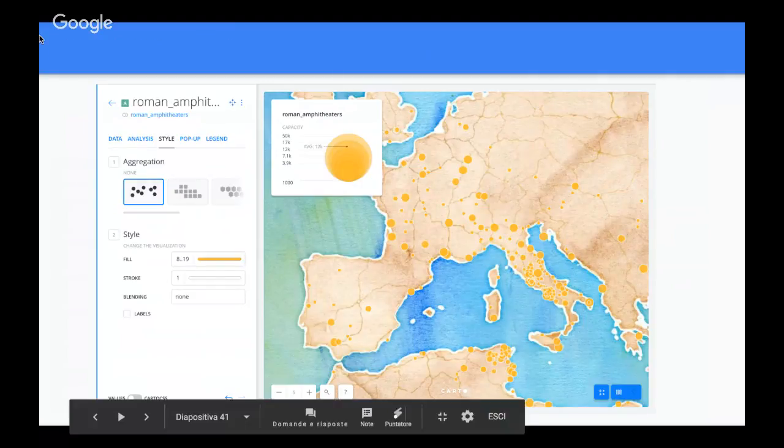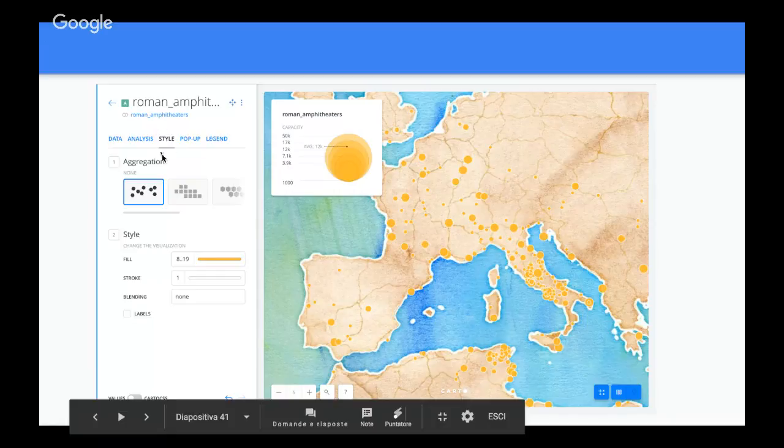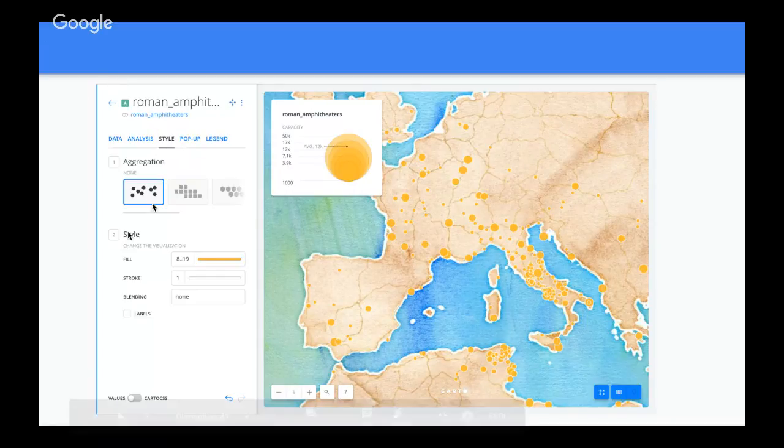And the good thing about it is that it is pretty quick in giving you all of the features that I described from QGIS. But you really have to know where to find things. So for example, if you want to have a categorized view, as I showed, according to the capacity of the amphitheaters, what you will need to do is to go on the style section of the little layers panel here that will be automatically produced with the map.